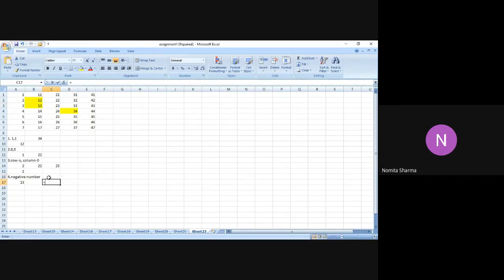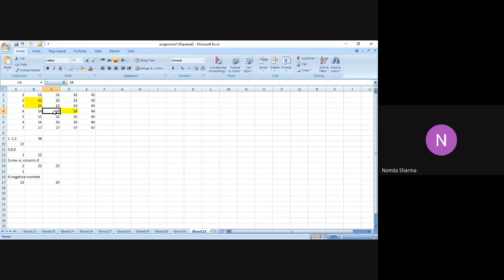Let me do one more time so that you guys can do that. So we have offset. Then let me give some other reference. Let me give E6. E6 is the last column that you can see. Deliberately I'm doing that because I want to go to the left side of the column and not the right side. On the right side there is no column, so no value will come. So we have E6, and this time I give -2, -2. You can give any. -2 and -2, and then I press enter. Let's see what we get. So we got 24, which is this number. And deliberately I wrote individual unique numbers so that we can make out the positioning of those numbers.